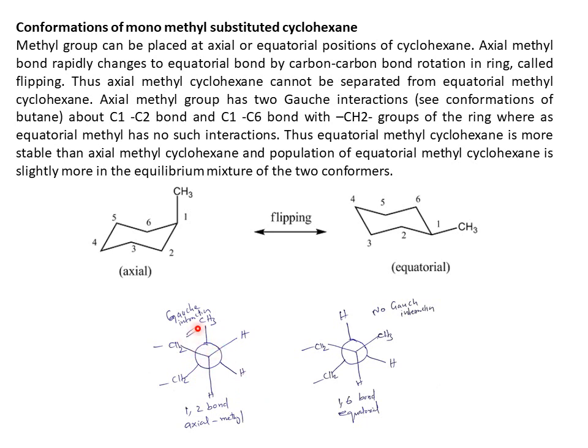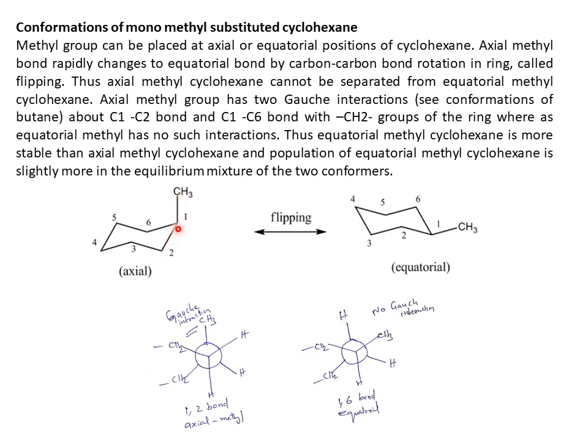Here you can see that there is a Gauche interaction. A Gauche interaction means when two CH3 groups are coming like this, there is a Gauche form. Gauche form is not highly stable. It is an intermediate energy state, and there is a Gauche interaction when the axial methyl comes, and this destabilizes the system. And there is a Gauche interaction when axial methyl groups are coming like this between the 1,2